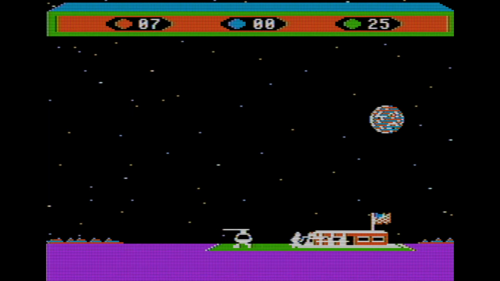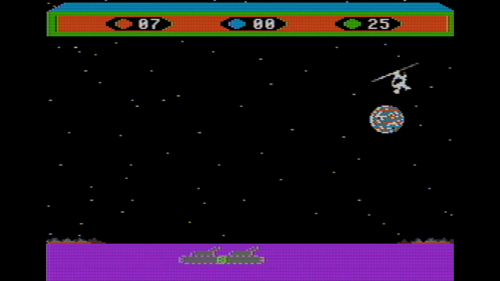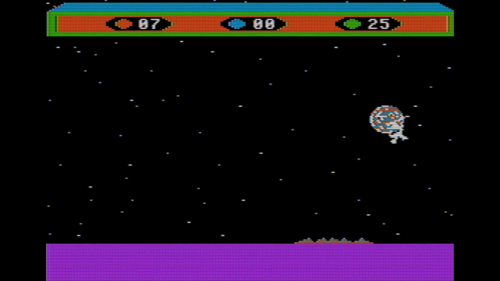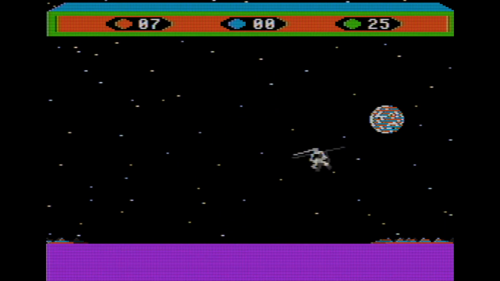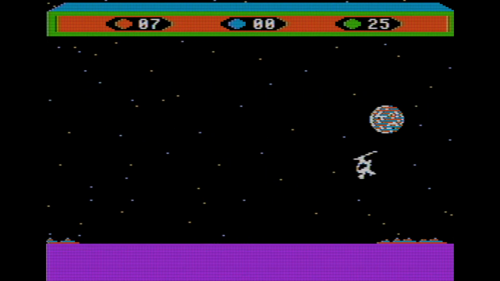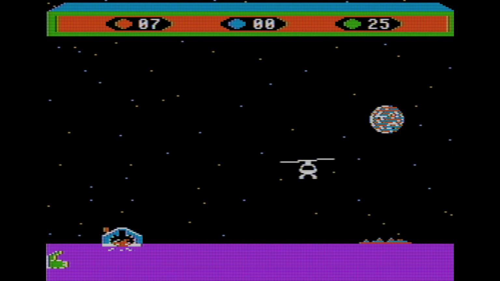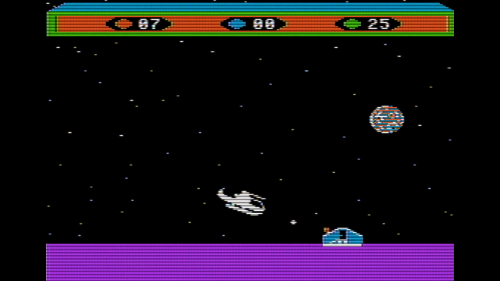All right, we got 25 hostages rescued. The good old American flag. I assume it could be the Liberian flag or the Malaysian flag, but I'm pretty sure that's the American flag. All right, and I got hit by that. Oh, that was only my first time out. That's right. All right, let's stay low. Yeah, hitting a lot of these planes isn't really going to do much for me anyway. They do respawn. They're just always there.